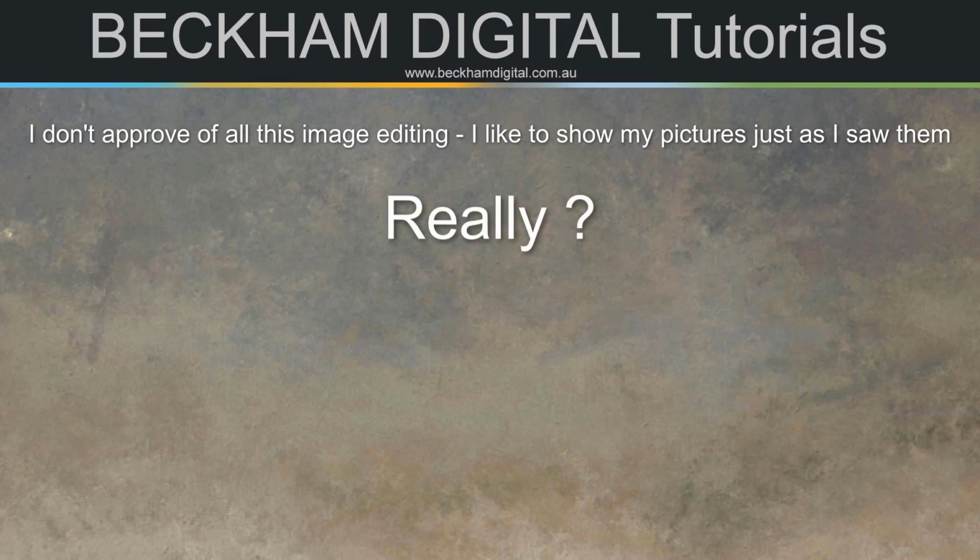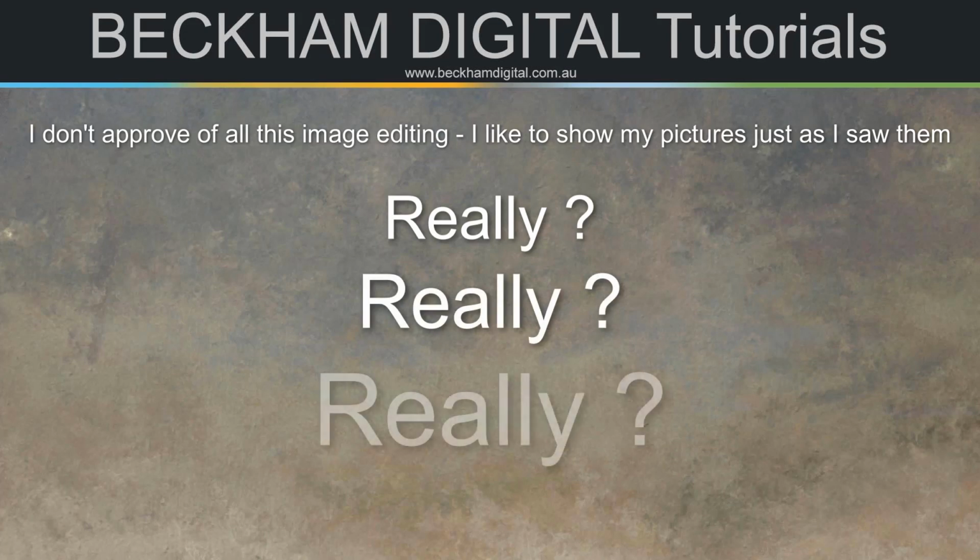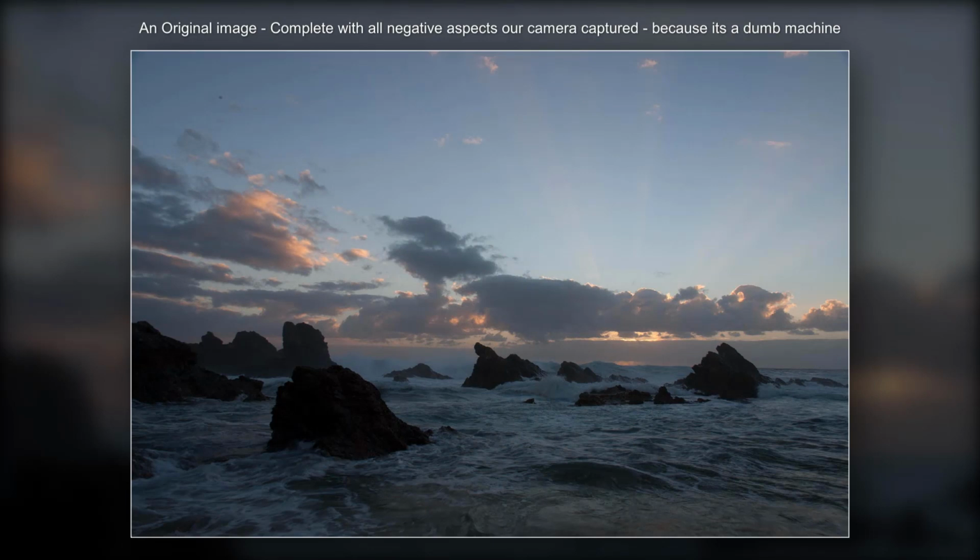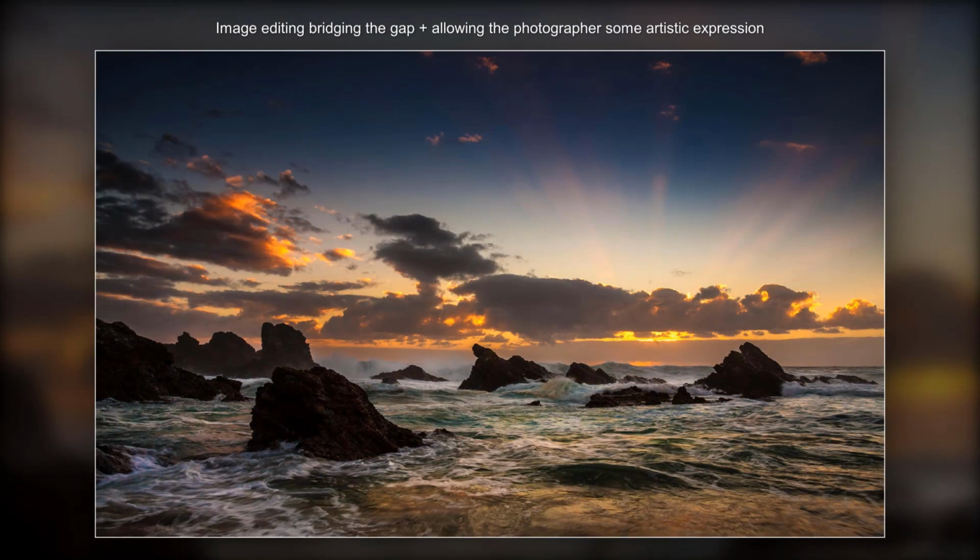But are they really certain they want to see their pictures just as they saw them? Really? Okay. Then you'd have to live with this. It's an original image, complete with all the negative aspects our camera captured, because it's a dumb machine. You can have that on your wall. I'm going to manipulate it and put that on mine. Image editing is just bridging the gap, and it allows the photographer some artistic